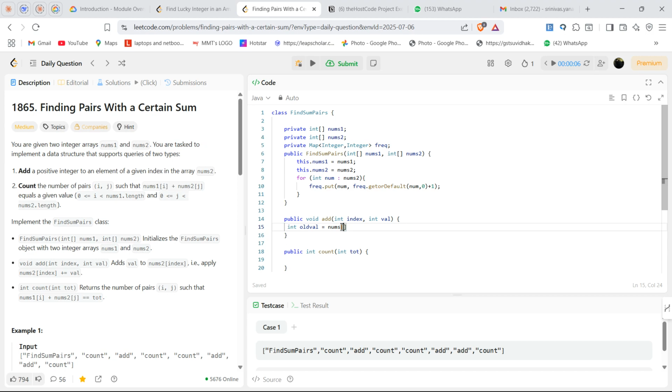So the old value would be nums2 index. The frequency is a global hash map, right? So we can access it over here also. So frequency map put old value